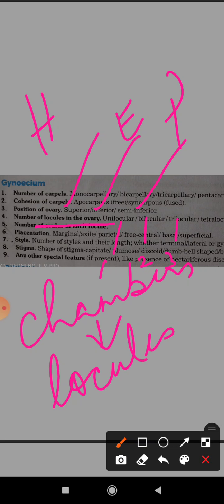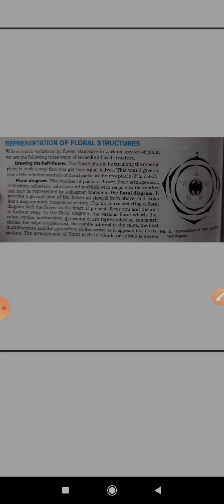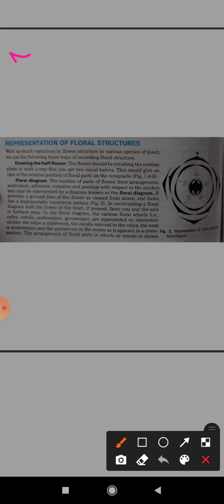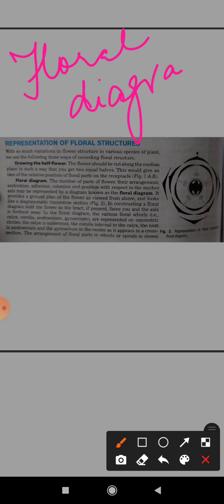Now we will see how a flower is represented by a diagram, which is also known as the floral diagram. So we will talk about the floral diagram. Now it says here,